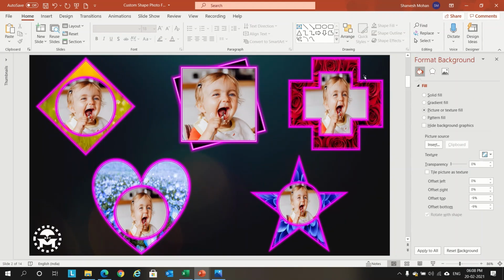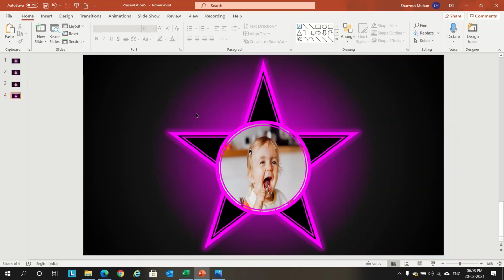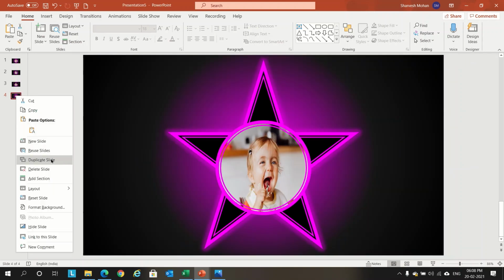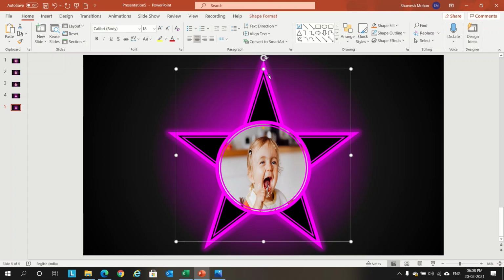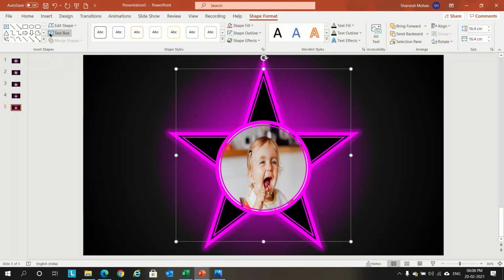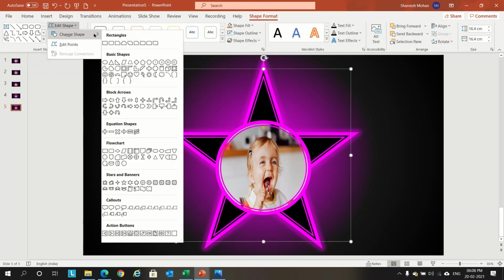Then we'll create this shape. Again right click, duplicate the slide, select Shape Format, Edit Shape, and we'll go to the option called cross.